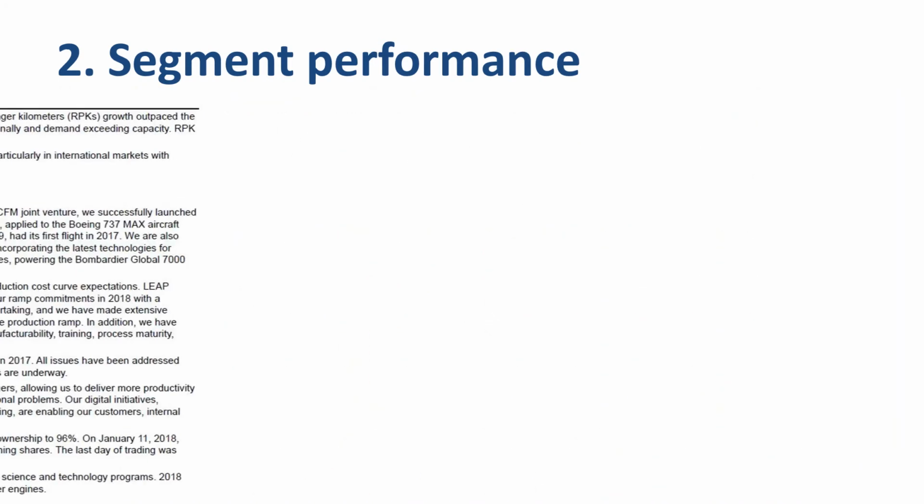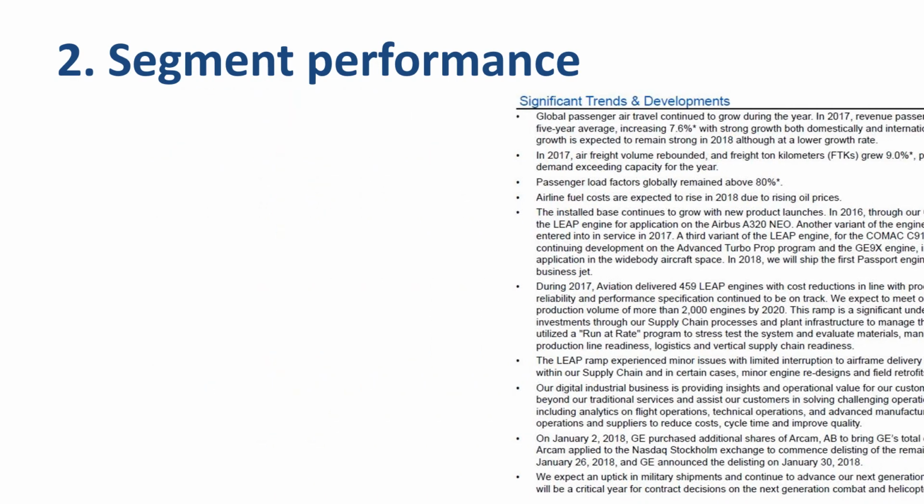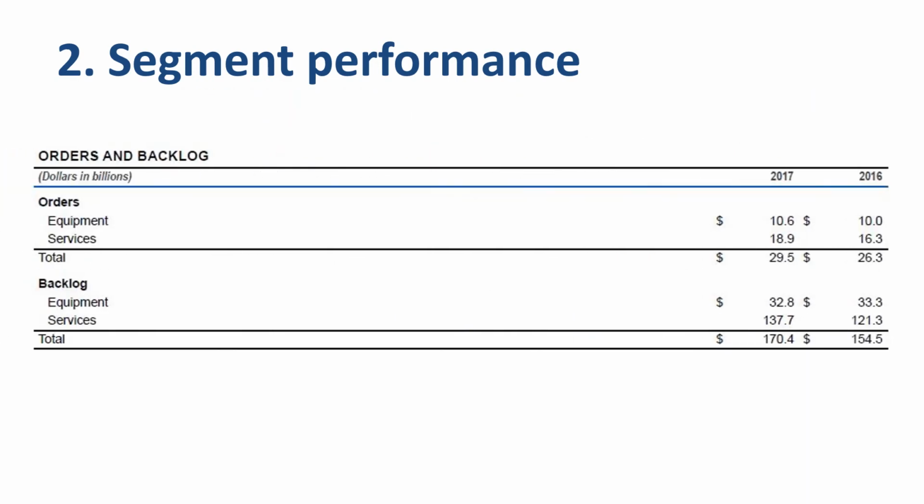The significant trends and developments narrative walks you through developments in global passenger air travel, engine deliveries, and acquisitions. Orders information is provided, split between equipment and services. Backlog information is also provided, which is a key data point in a long cycle business like GE Aviation. In short, a lot of very useful information that is provided for not just GE Aviation, but for each of